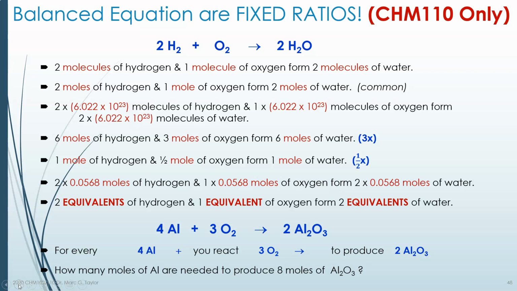So you can multiply 4 times every one of these numbers, and you would have 16 moles of aluminum plus 12 moles of oxygen produce 8 moles of aluminum oxide. So that would be a 4-fold version of this, and that means we would need 16 moles of aluminum to make 8 moles of aluminum